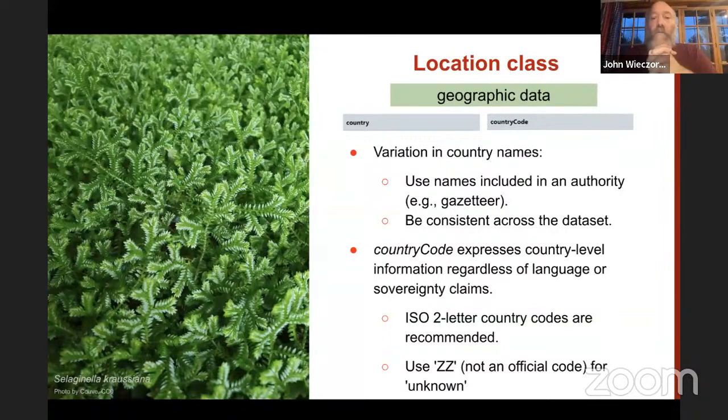Then we have variations on country names. It's best to use the names that are included in some authority, that they can be found, that they're official in some way, and it's best to be consistent across the data set about how the country names are used. I've already mentioned that the country code expresses the same information that the country name does in most cases, and that it's a code that is independent of any sovereignty claims. And the country codes contain things that aren't necessarily countries, like the island of Réunion,